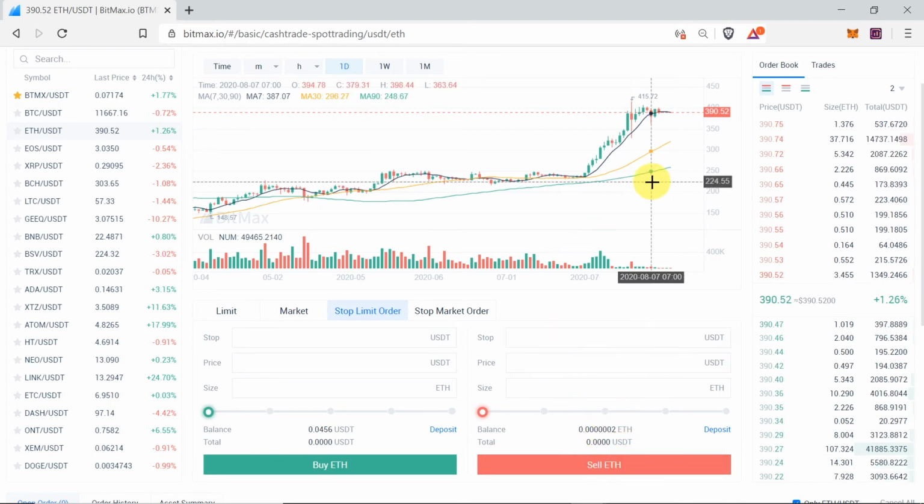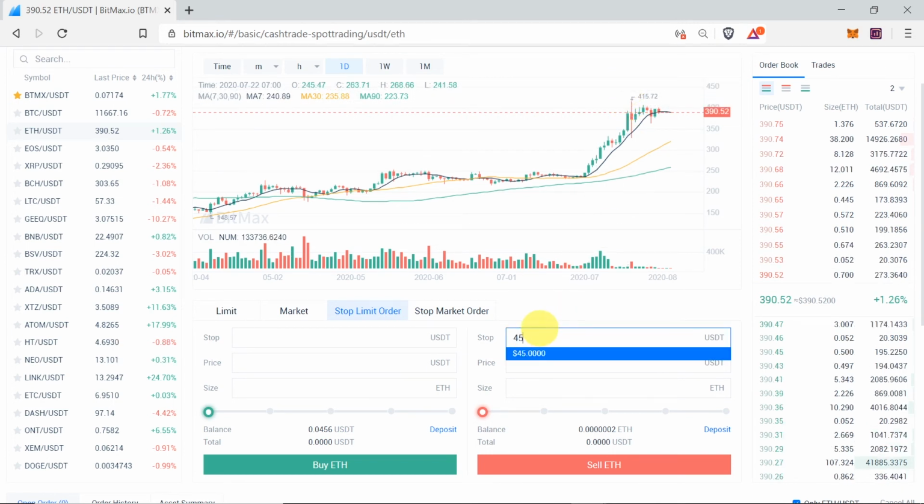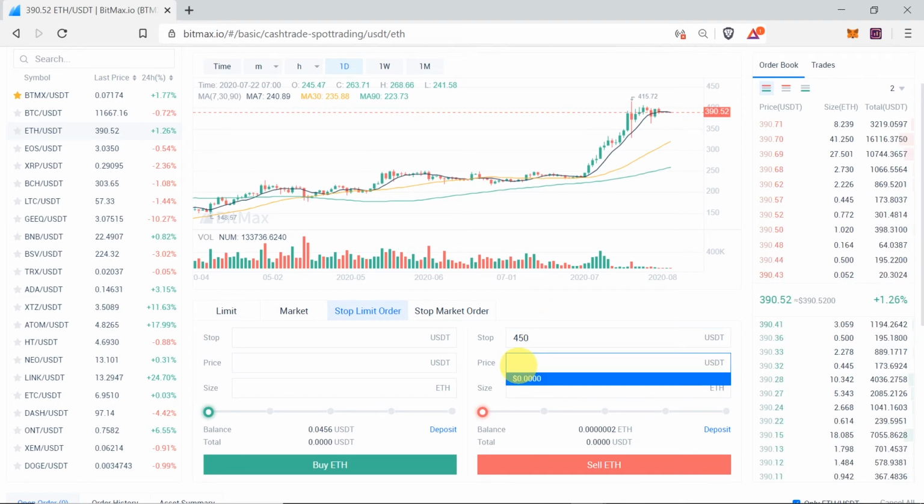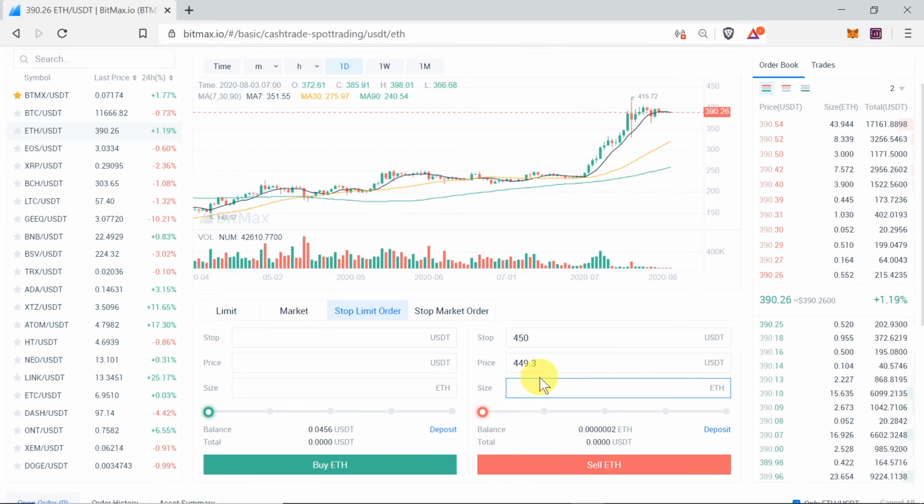So here it would work pretty much similarly. Let's say we believe the price of Ethereum goes up to $450. So stop would be $450. And we need to sell it for a price a little bit lower, just to make sure we actually sell it. So if it goes to 450, we would sell it, for example, for 449.3. Of course, the spread depends on the cryptocurrency. For some cryptocurrencies, it could be like 1 cent or half of a cent. It all depends on that. So over here, we type in this, and then we type in the size of our